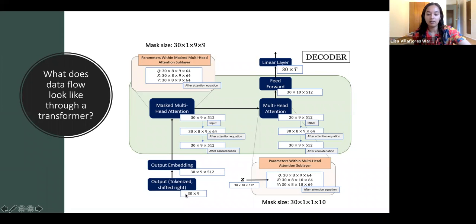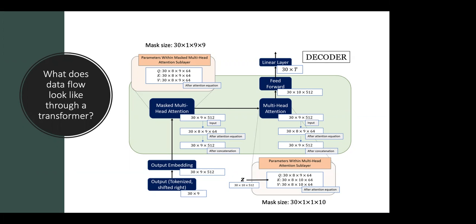So one thing to note is that the output size is a little different. What they do here is, you had a 30 by 10, so 30 sentences, 10 words each. They basically just cut off the last word from each sentence. So why would they do that? The reason is because when I send this sentence through the model, I don't care what the last word is as input, because you're trying to get the decoder to predict the next word, and there's no word that comes after the last word. So they just cut the last word off.